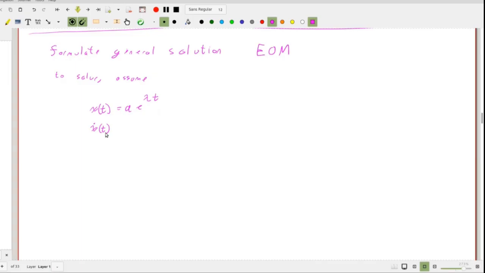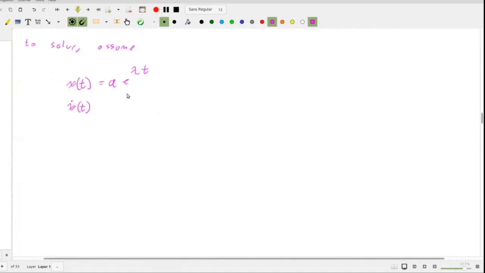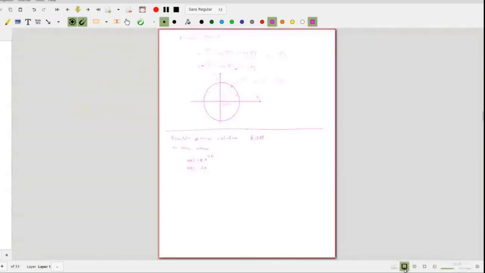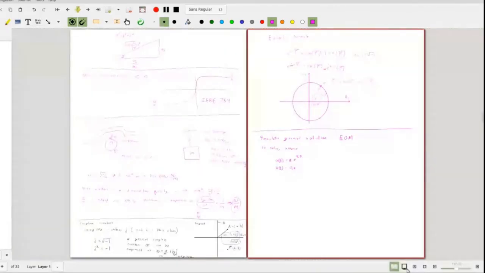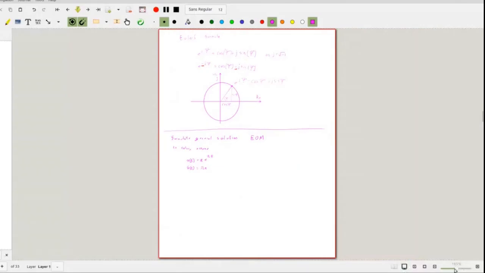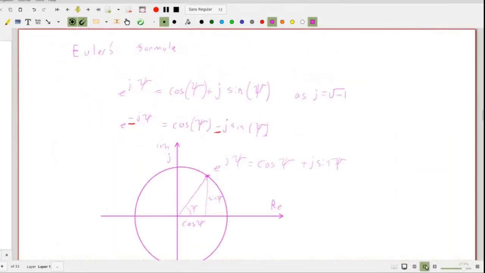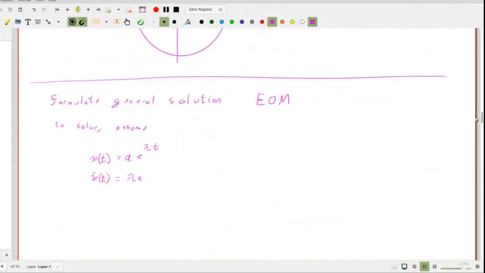So A λ e^(λt), or let's put our lambda out in front: λ A e^(λt), and then x double dot